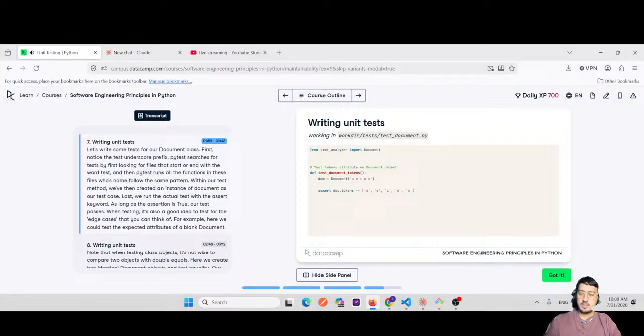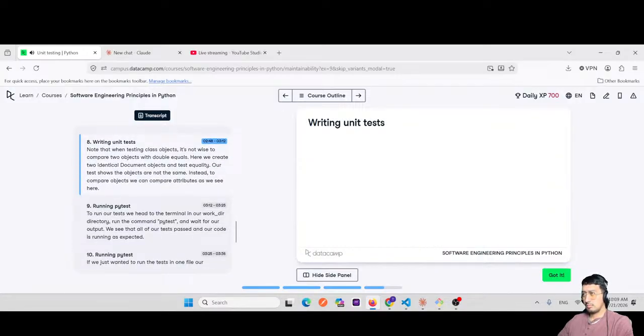When testing, it's also a good idea to test for the edge cases that you can think of. For example, here we could test the expected attributes of a blank document. Note that when testing class attributes,